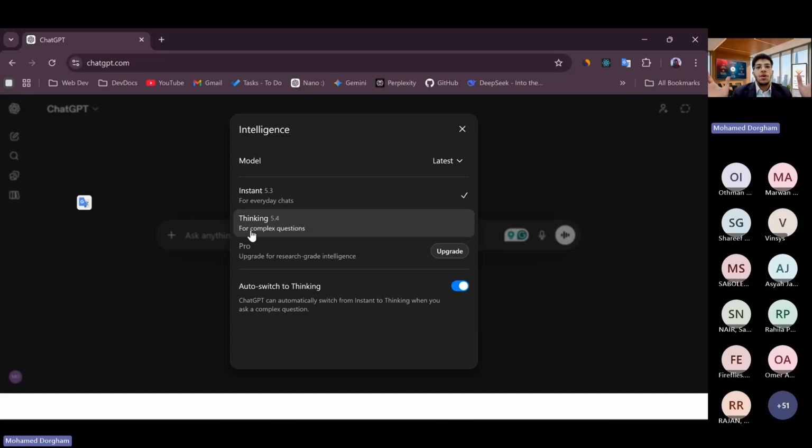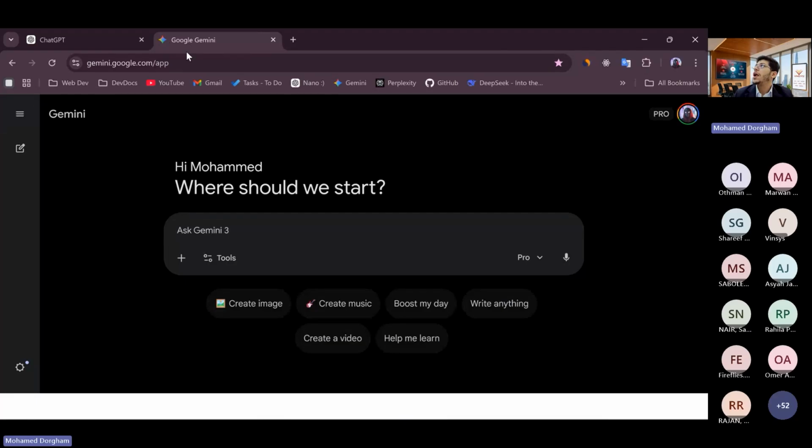Now you're going to tell me, okay, is this the only GPT, or is this the only LLM we have right now or today? I'll tell you no. You know that we have different types of AI, and one of them is this one. If you know this AI, have you used this AI before, by the way?